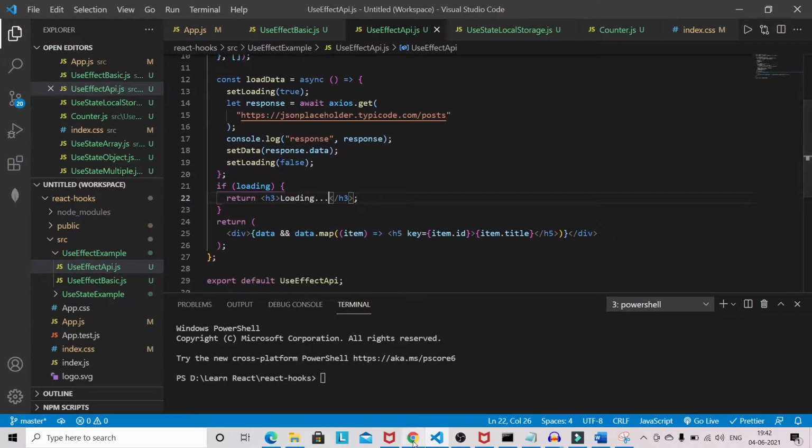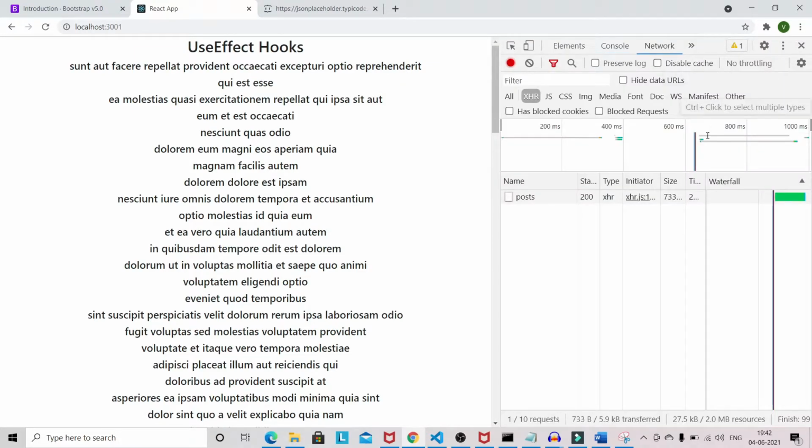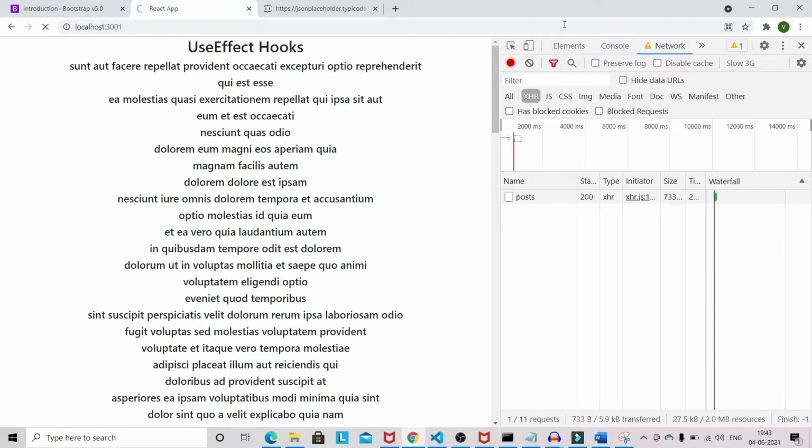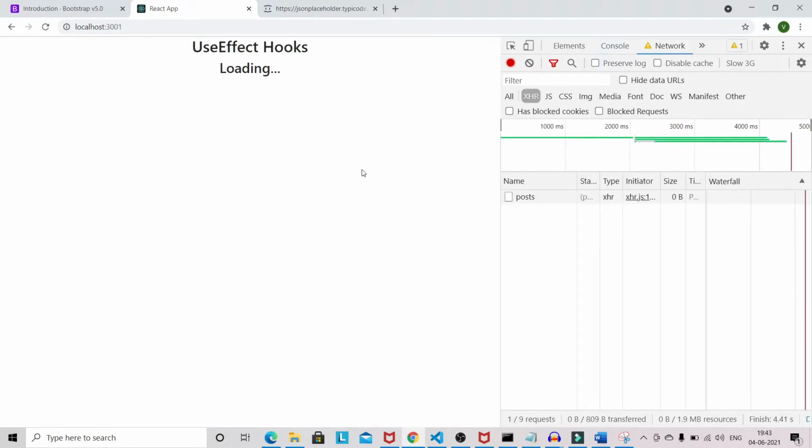You can see that for a brief moment loading is coming. I will show you by slowing down the network, if you are interested. Now you will see the loading properly.